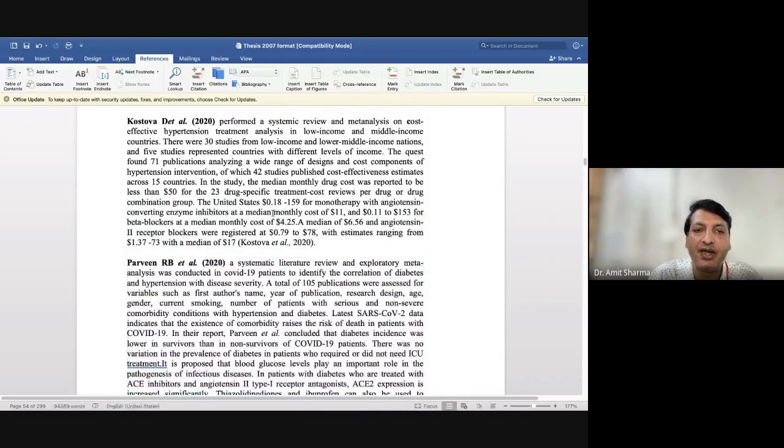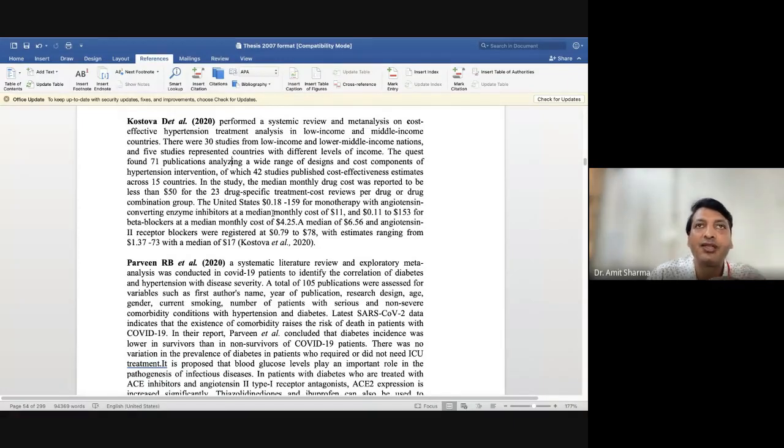Now the trend has changed all over the world. Whatever we used to write in previous days in the introduction part should come in the review of literature. For example, I'm working on diabetes. So I would have added the definition of diabetes in the introduction chapter of my thesis. What was the classification of diabetes, types of diabetes, tests for diabetes, current treatment of diabetes. All these things will come in the review of literature part 1.